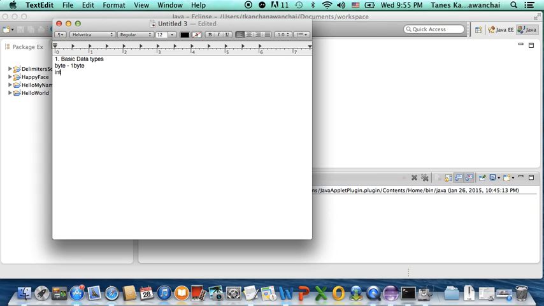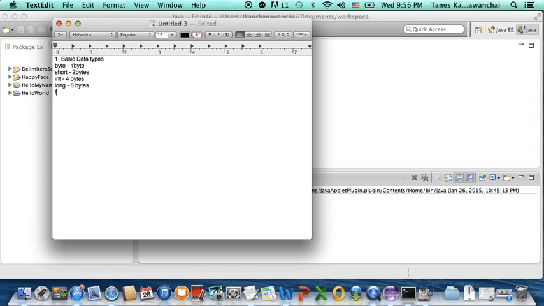Right, so byte has 1 byte, and then short has 2 bytes. Int has 4 bytes, and long has 8 bytes,